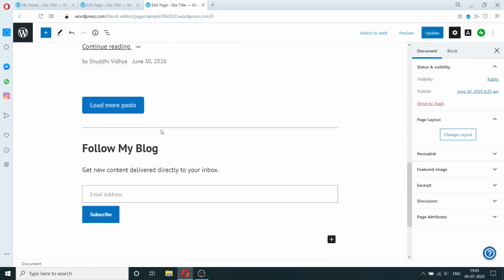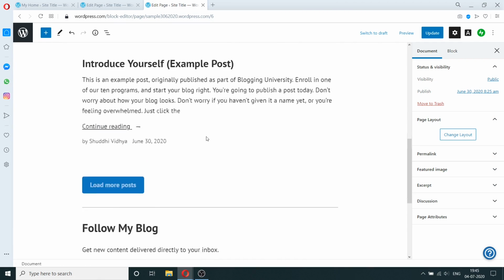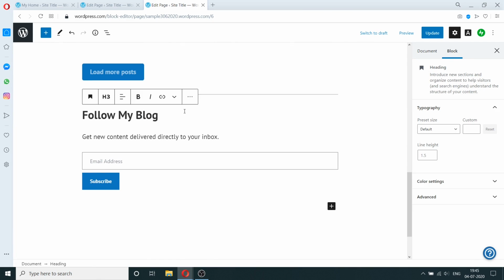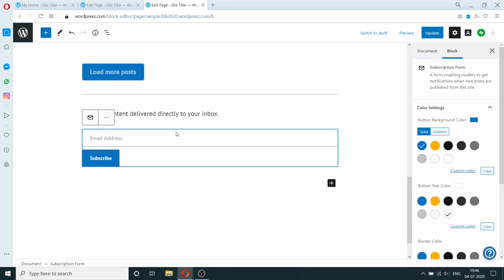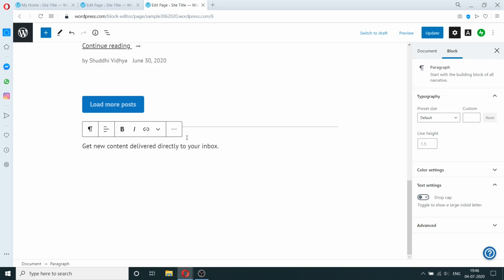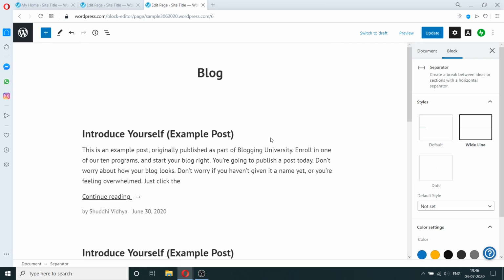And I think as it is, it looks quite fine. It's just showing a list of blogs. And I'm going to also remove this. Okay, so this is fine. I'm going to click on update.